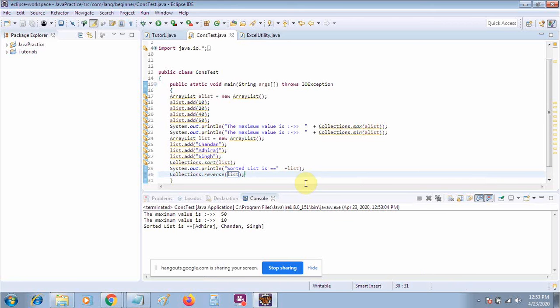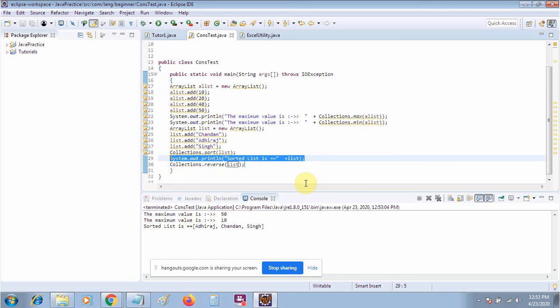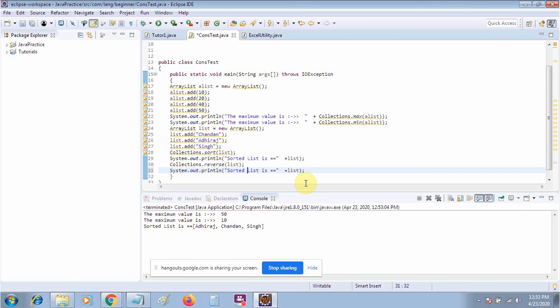So it will reverse your complete value. So now your list is sorted and reversed. I will save this one and run it so that you can see the output. You can see that it has been sorted and it has been reversed.